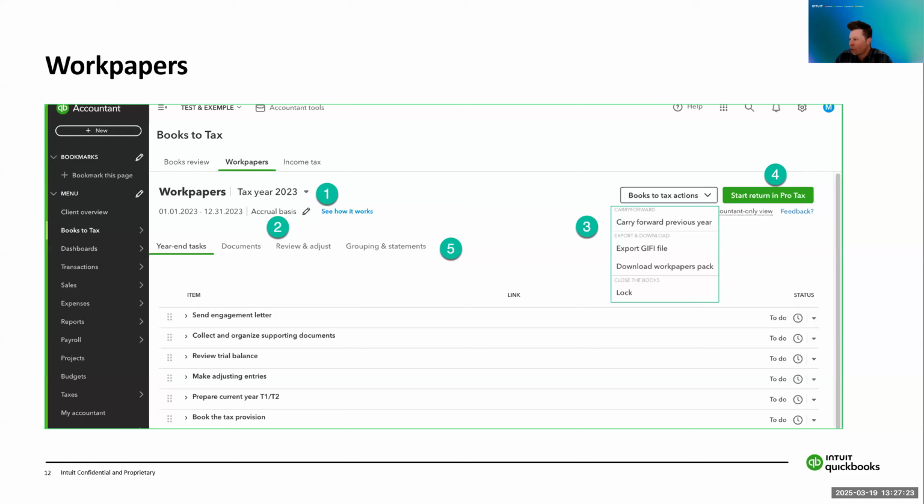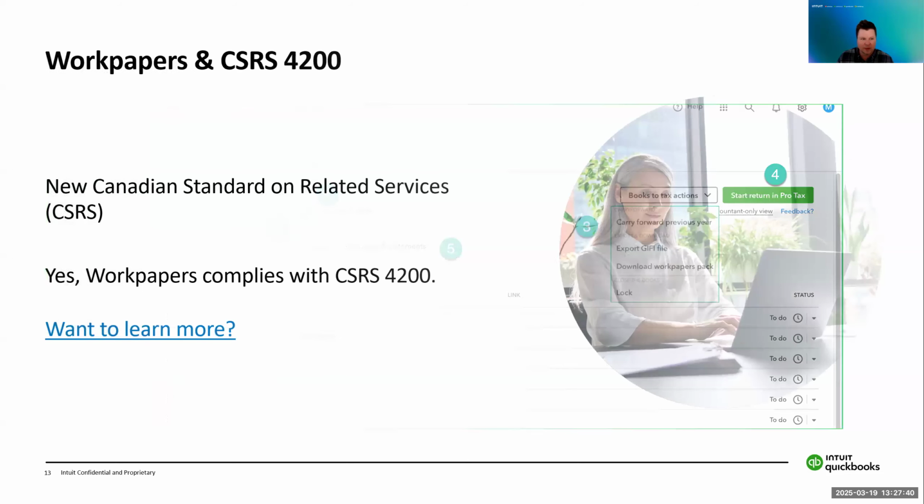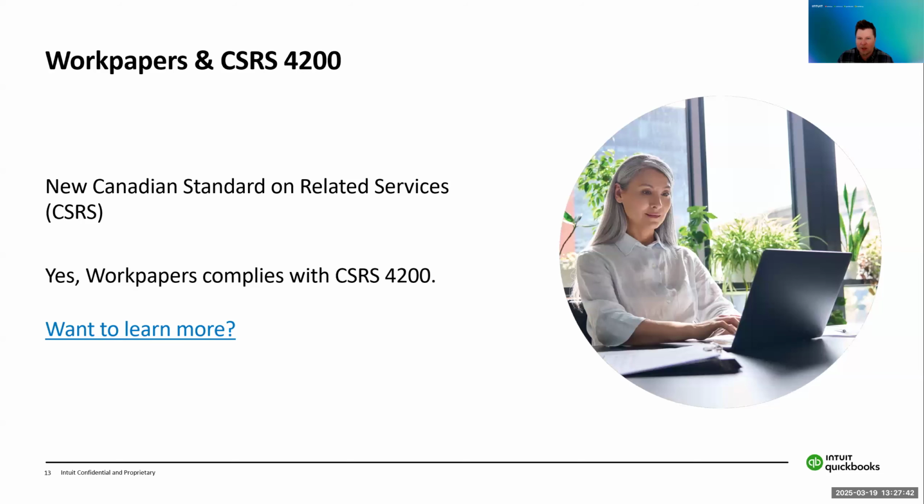Okay, so bubble number 4 is where you start a return in ProTax. Very easy to start that from the work papers environment. Okay, so next we're going to be going through what's shown in bubble number 5, the different sections within work papers themselves. One thing that I want to mention,